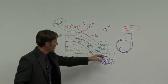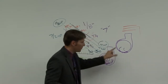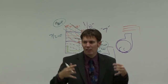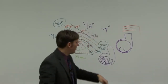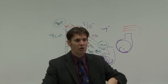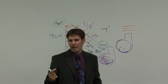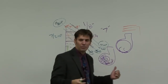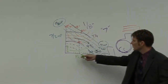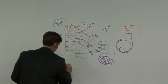The more flow I have moving through that pump, what's happening is the orifices in the pump don't change. As more and more flow is being pushed through that orifice, it creates a larger vacuum. And as we create a vacuum at this point, we could create a large enough vacuum that we start to boil the water. I have seen 85-degree cooling tower water boil and kill a pump because it's been cavitating, because I've got so much flow that my NPSH-R, we'll write that up here,